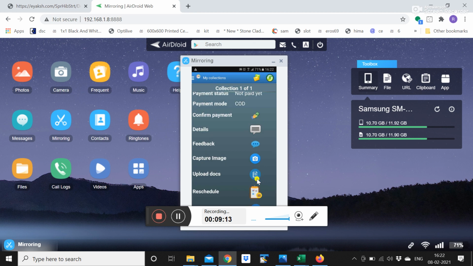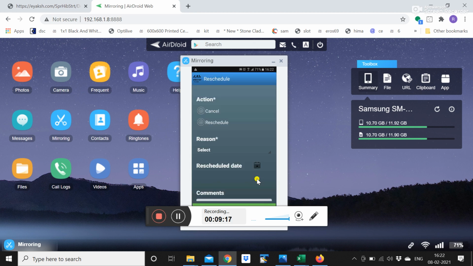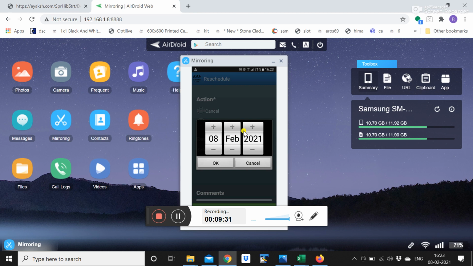Sometimes they call the customer and the customer is not available, or they can select a reason why the customer requested reschedule or the customer is unavailable. Whatever is the reason, they can select the reason and either cancel it or reschedule it with a date and time. On that date and time, this collection would become live again and will be assigned.